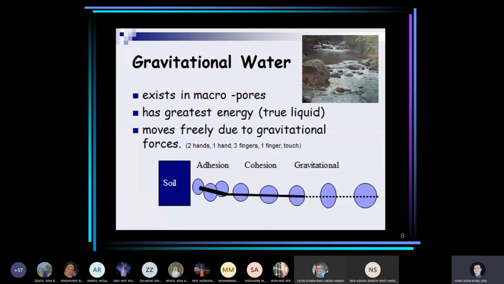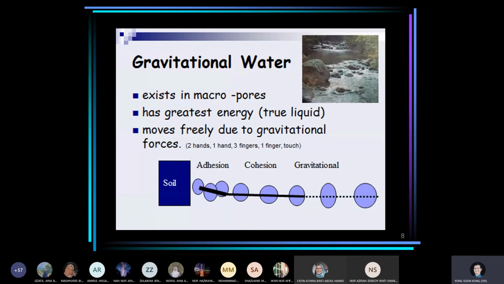This means that when water flows into the soil, at one point it seems to stop flowing, because at a certain point inside the soil, the pores get so small that the capillary force interacts much stronger than gravity, so the water is virtually stopped or suspended